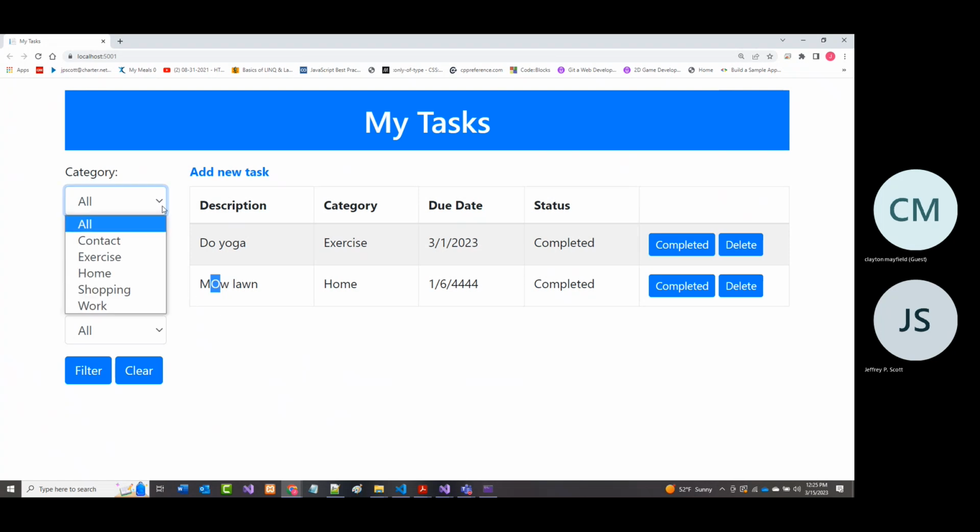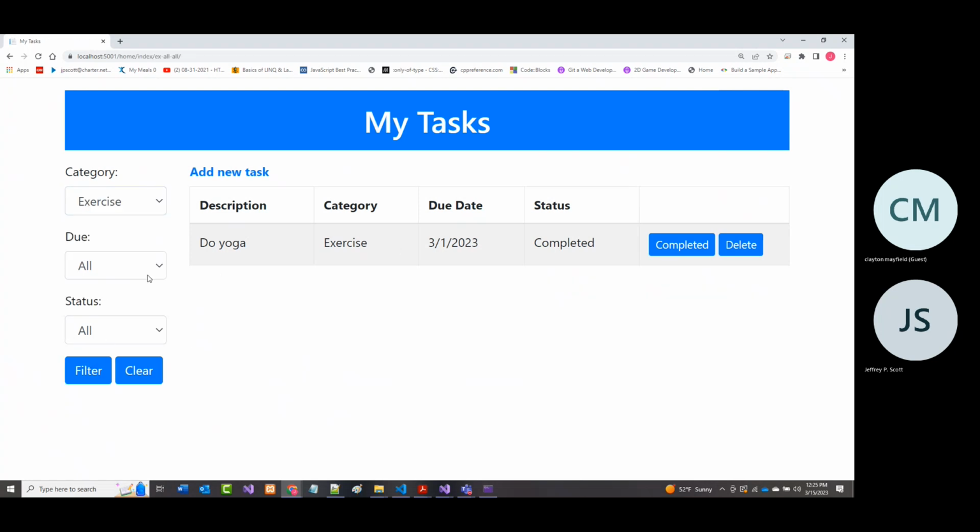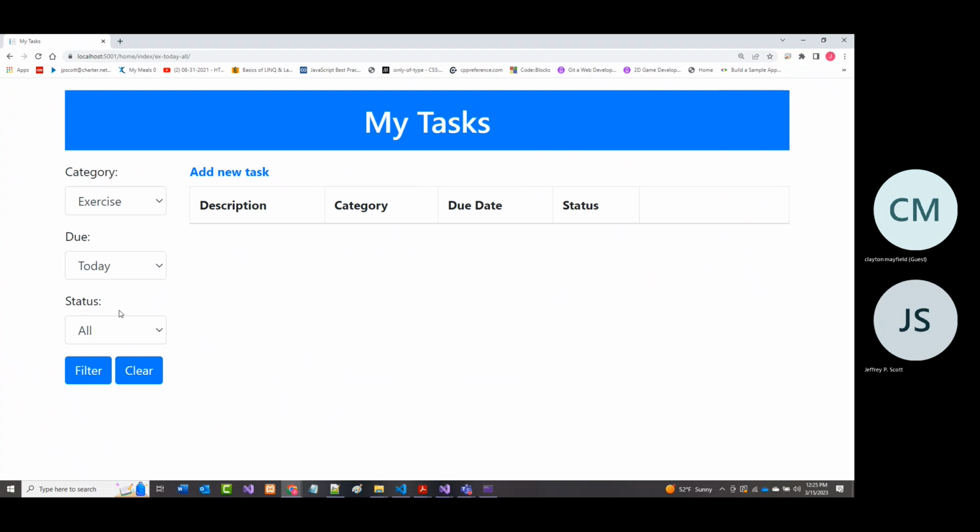And if I come here and, for example, change my category to exercise and I filter, then I've just got this one. If I go to due and I go to today and I filter, there's nothing that's due today. All right. If I go to future and filter, there's nothing that's due in exercise, it looks like.